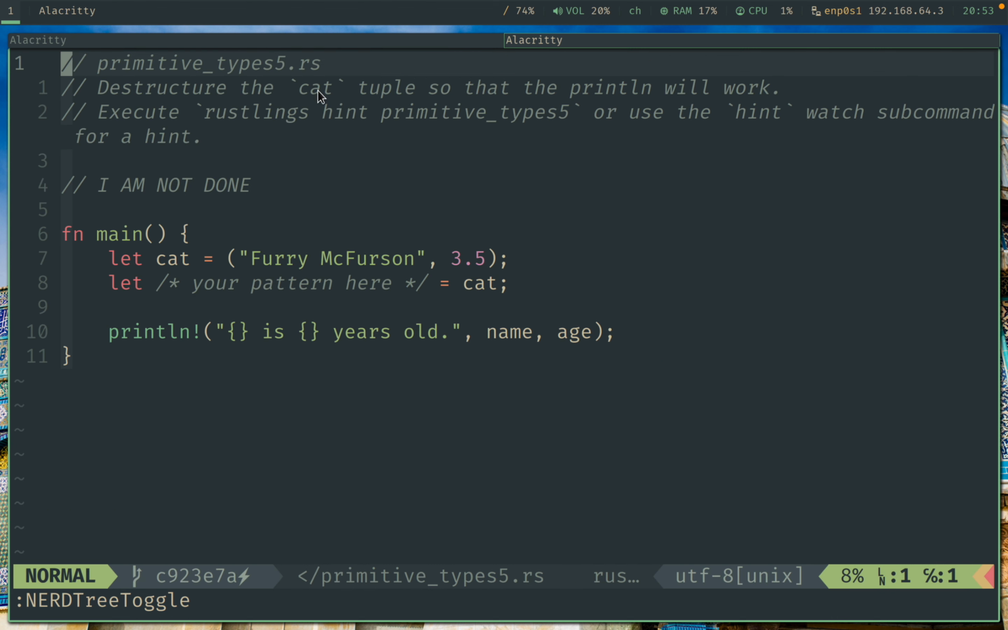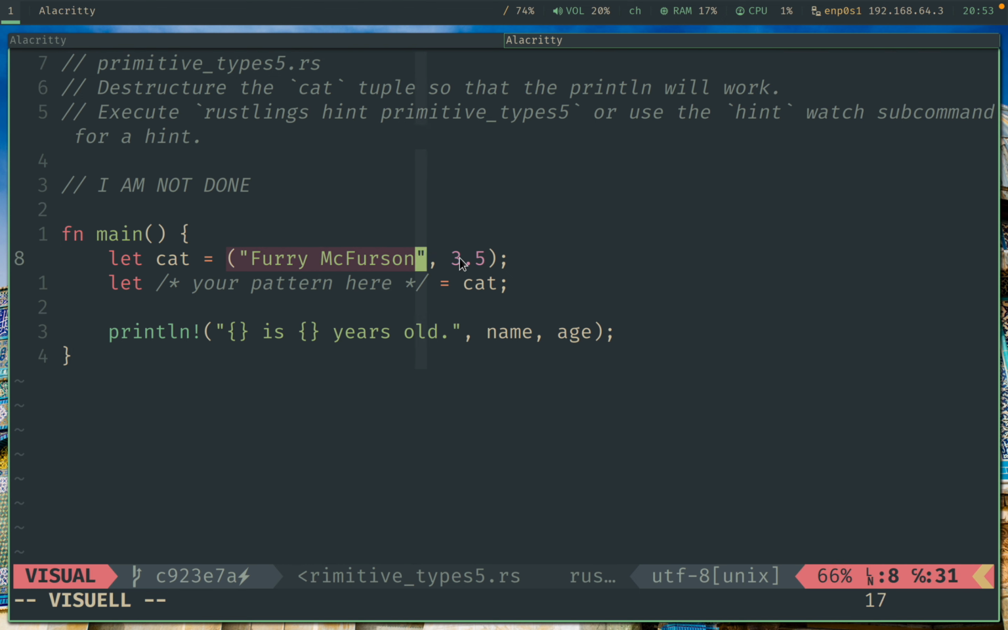To structure the cat tuple so that the println will work. So we have here a tuple, and a tuple is basically a type that holds different values. What's special in tuples, it has also a fixed size like arrays, but you can destructure it. So to show you what I mean,